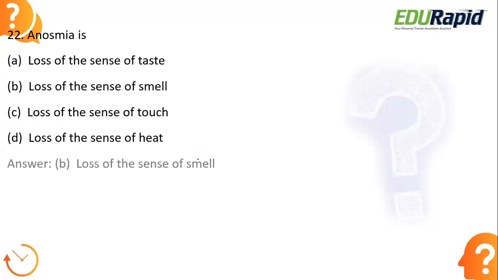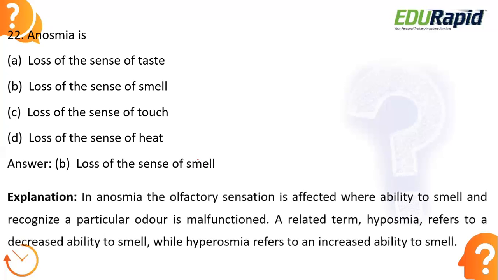So here the right answer is option B, loss of sense of smell. In a case where a person is suffering from anosmia, usually the olfactory receptor cells are directly affected. Olfactory receptors are present in our nasal cavity, and they are necessary to sense smell in an individual. But when there is a defect in the olfactory receptor cells, a person will start losing the ability to smell. They will not get to know the odor to the normal extent.